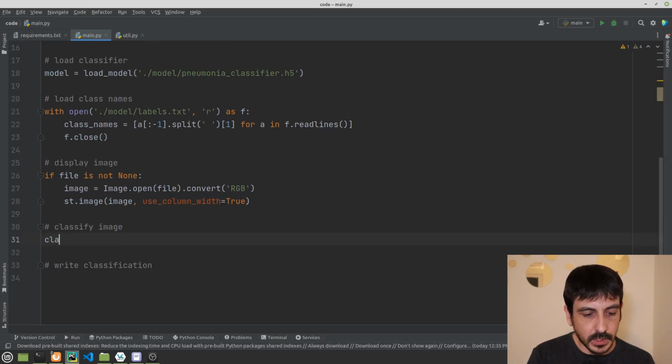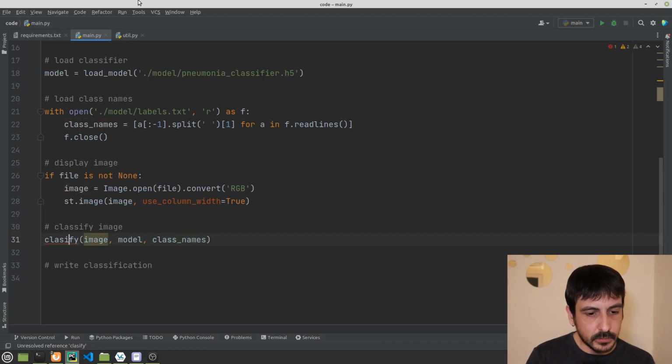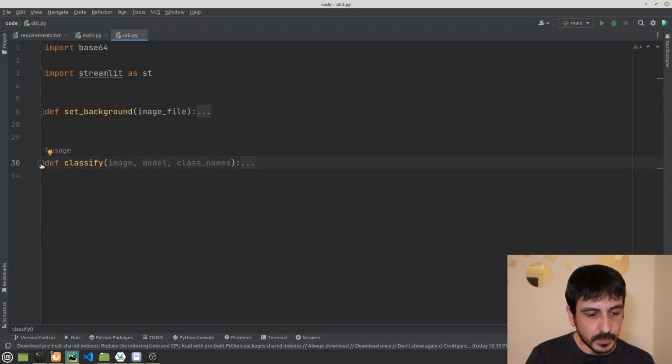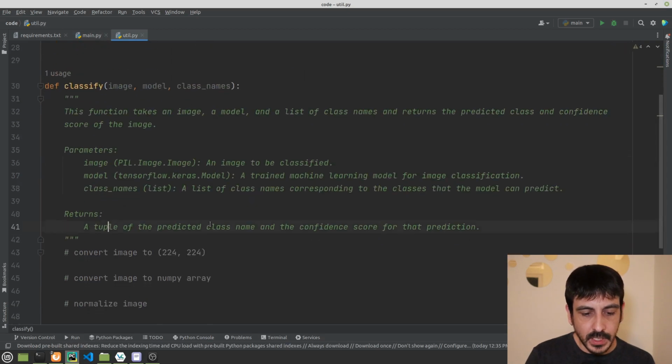I'm going to call classify. I'm going to input the image, I'm going to input the model, and then I'm going to input the class names. And if I go back here, this is going to return a tuple of the predicted class name and the confidence score for that prediction.